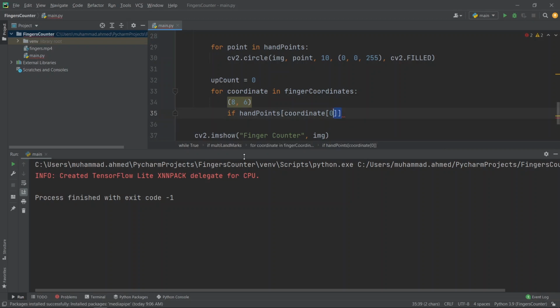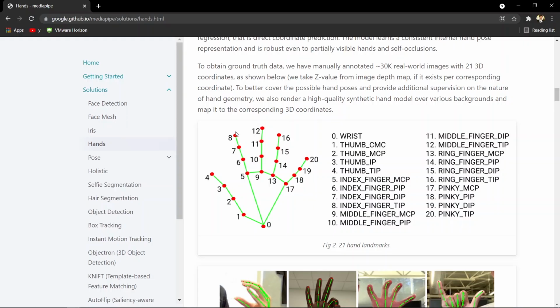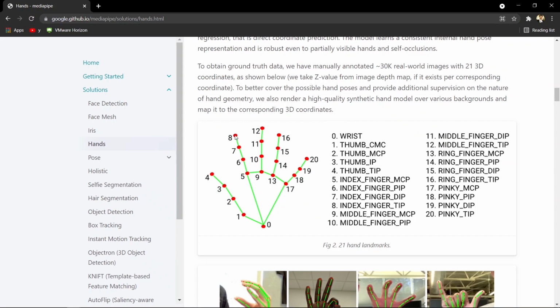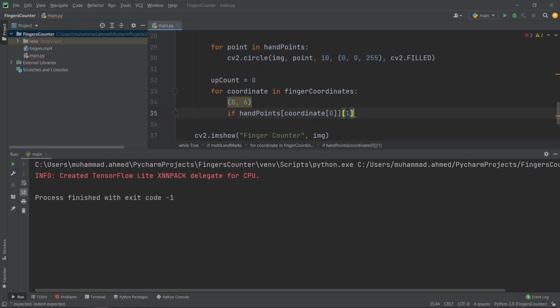And for this coordinate, we will go for the 0. Now what this statement will do for the first iteration, this coordinate will be equal to 8 and 6, which is reflecting this index finger. And over here we are asking for the hand points, for the coordinates of this particular tip of the index finger. Now we need to get to its y coordinate, so we will go for y, because we are checking this y coordinate that this is below this one, this is the y axis. Now we will check that if this one is less than